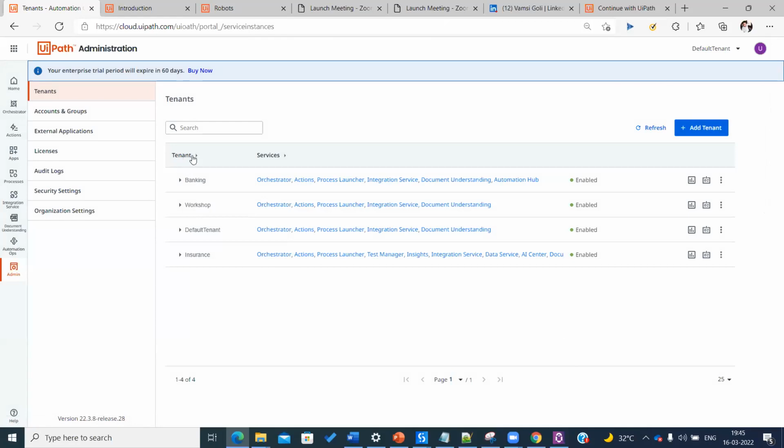So what this tenant is, let's say you're working in one of the MNC companies. Let's say Infosys. Let's say Infosys is handling banking domain projects, insurance domain projects, talent or HR related projects, or different domain projects. Now, if you want to separate these domain projects into different orchestrators, then you would need to use this tenant and then accordingly map those projects according to that orchestrator.